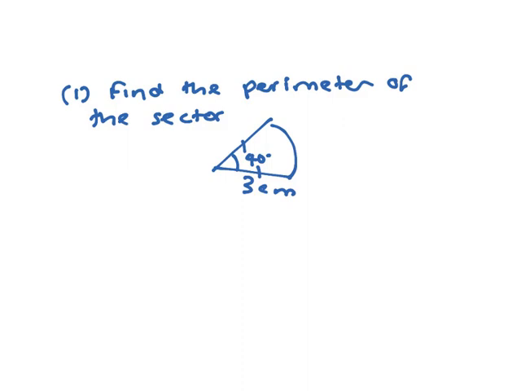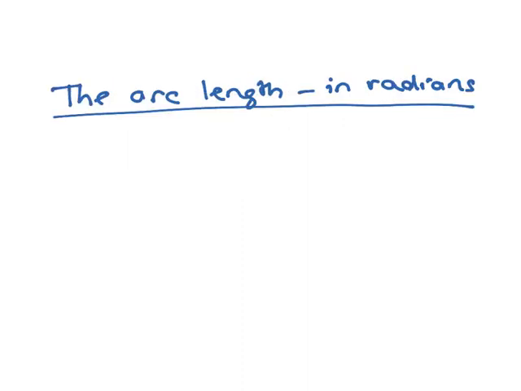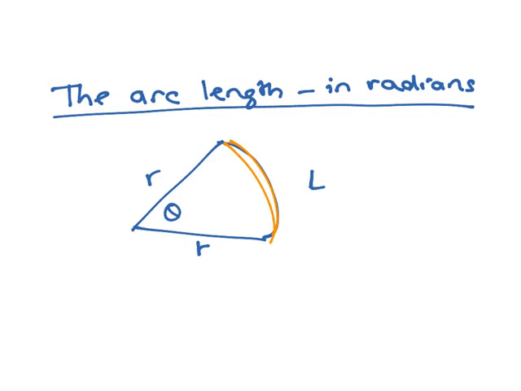Okay, just looking at arc length in radians. So if we have a sector, and that's theta and that's r, then if theta was in degrees, the arc length here, let's say AB, would equal theta over 360 degrees times 2 pi r, the circumference of the circle. Now, if you wanted it in radians, and that angle there was in radians, then it would be